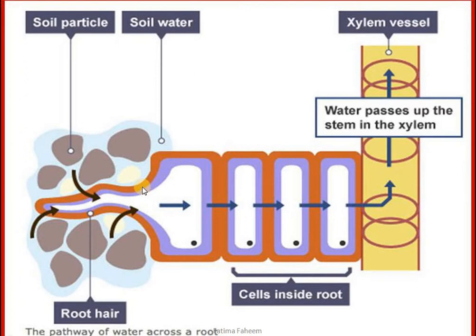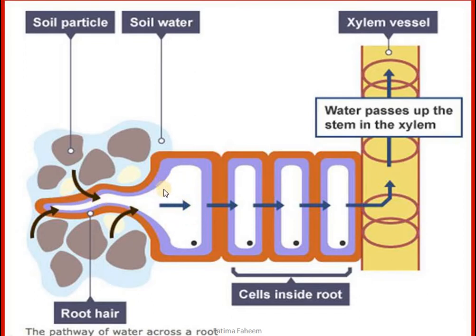Partially permeable membrane is the cell membrane. So water from soil is moving into the root hair cell. This movement is indicated by these black arrows, that water is moving from the soil into the root hair cell by osmosis. Or if you have to describe this transportation, you can say that since water was more in the soil, water moves from higher to lower water potential because soil had more water compared to the root hair cell. Through a partially permeable membrane means that there is osmosis involved.